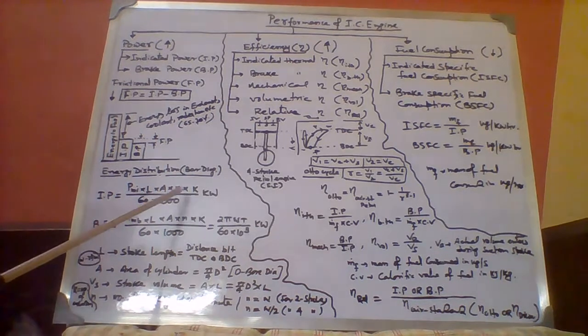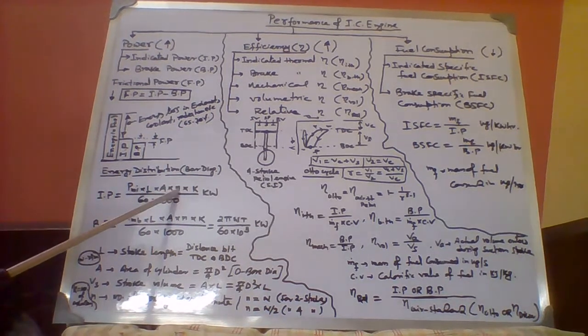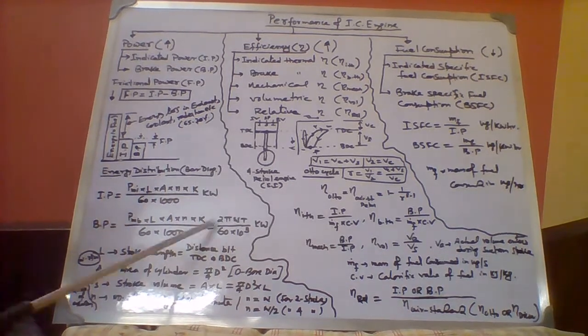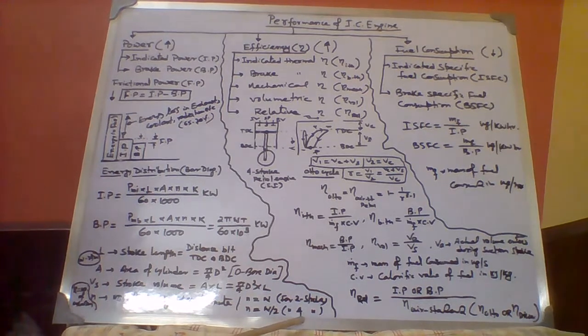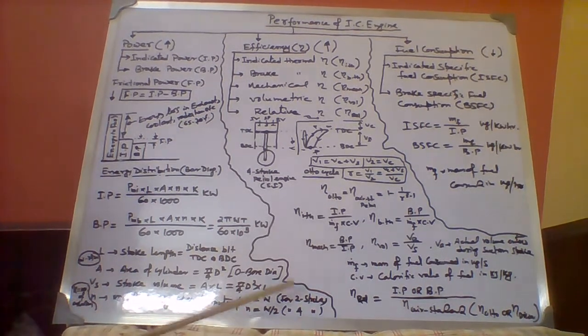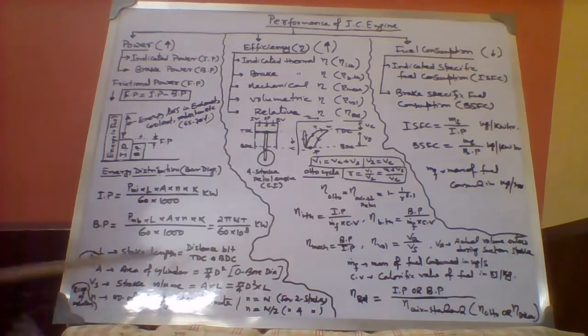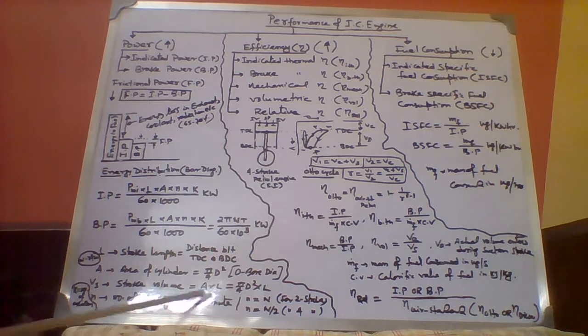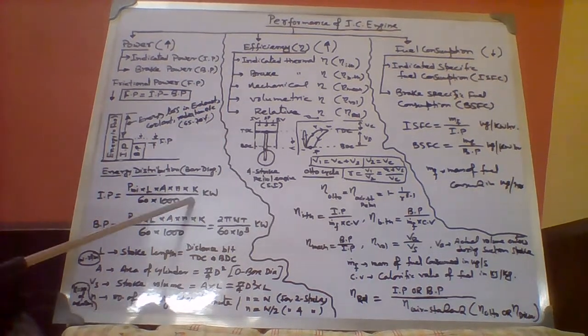So when we calculate this n for two stroke, it will be equal to capital N, but this n is equal to capital N by 2 if we want to calculate for four stroke, because for four stroke the working strokes will be half of the revolutions. Small n indicates the number of working strokes per minute. And what about this k? K is indicating the number of cylinders.